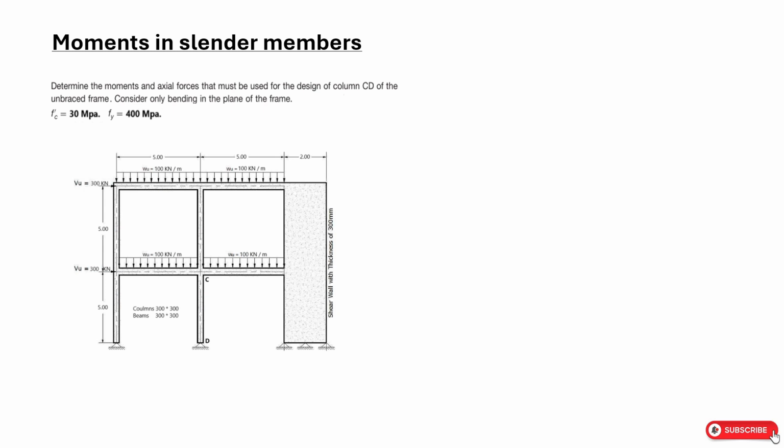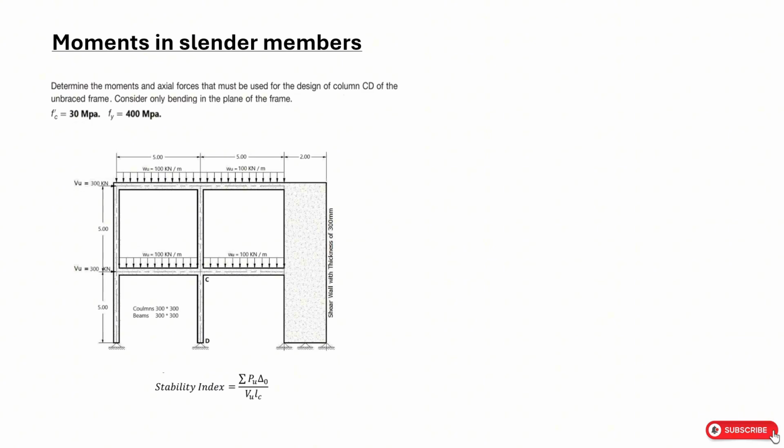Today we will calculate the additional moments that result from the column slenderness and then compare the results with those obtained from Etabs. We will first determine if the frame should be considered as non-sway or sway based on the stability index. The stability index can be expressed as,